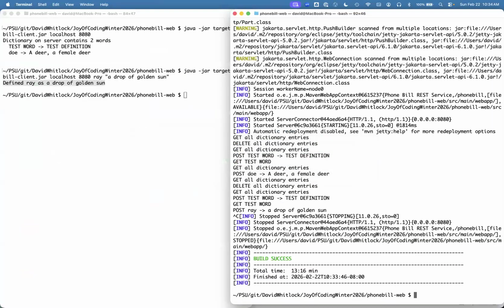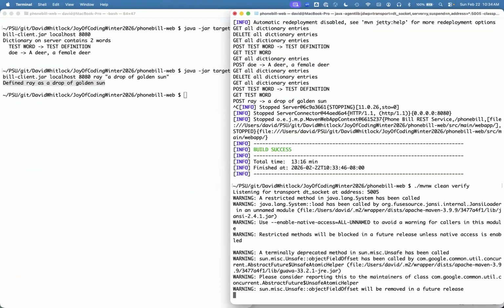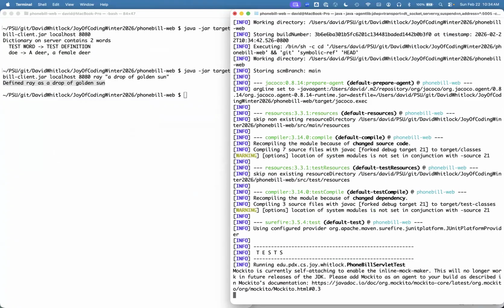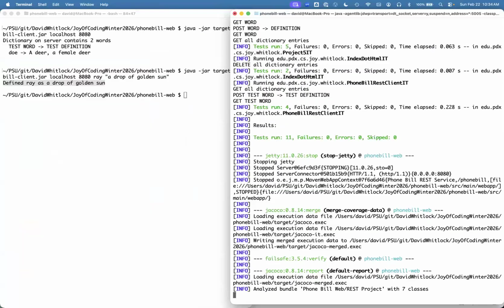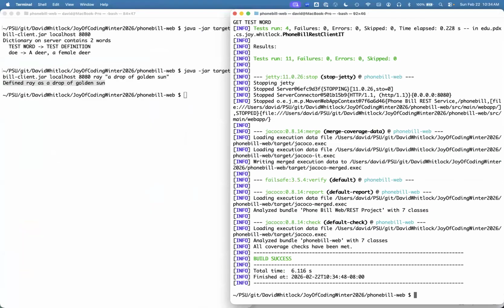So what this allows you to do is when you run Maven clean verify, it'll go through all of its phases. It'll compile the source code, it'll compile the unit tests, it'll run the unit tests, it will create the war file and the jar file. And then it'll execute the integration tests. And in the integration tests,